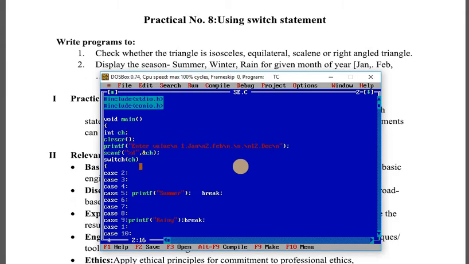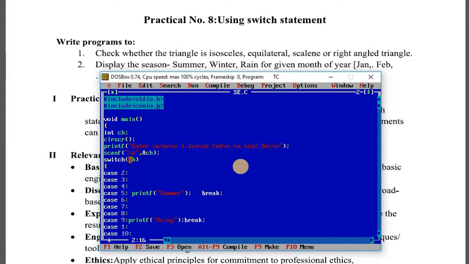In the printf we have mentioned the instruction: enter value 1 for January, 2 for February, like that, 12 for December. By using scanf we take the month number from the user and store it in the ch variable. Now we will use the switch statement.